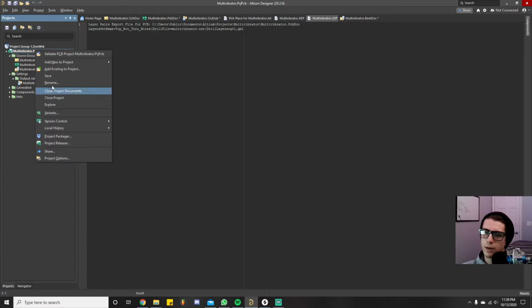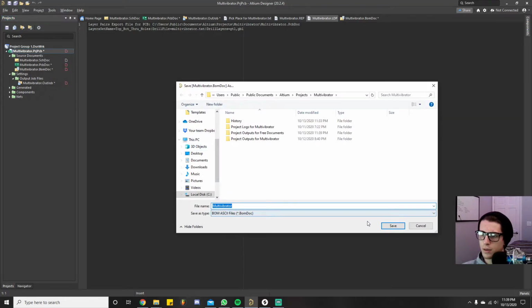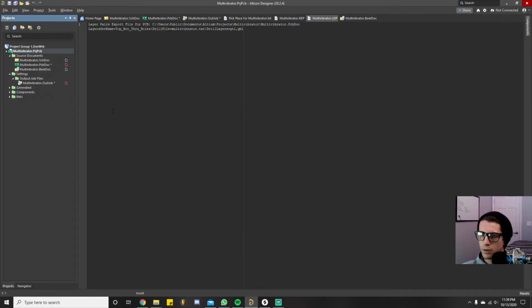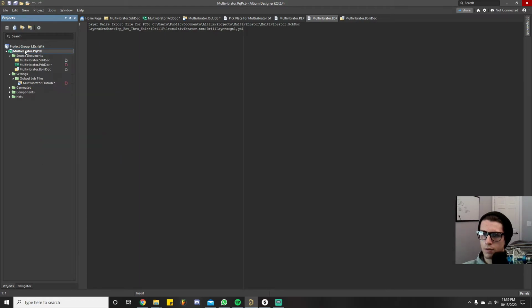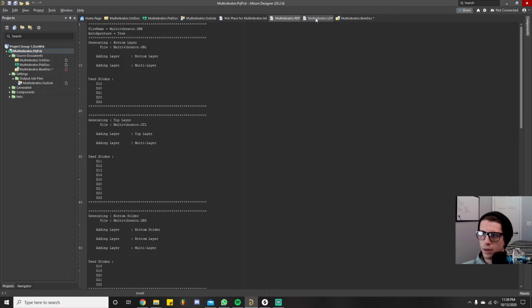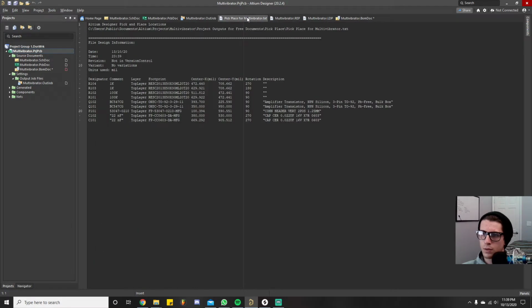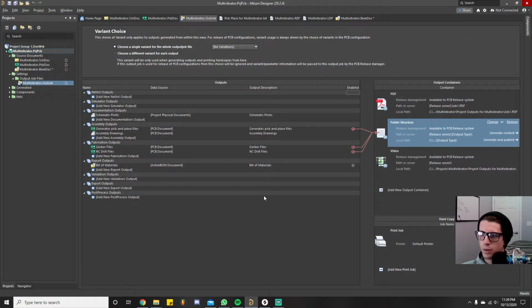I don't know why it was red. Maybe it was like, I really have no idea. Yeah, we'll save all that. Maybe that's why it was red. Oh, let's do the right click. Save. No, that's file. Save all. That's a layer export file. Pick and place. Multi-vibrator out job. So then we can look at generated. Cool. And we have here